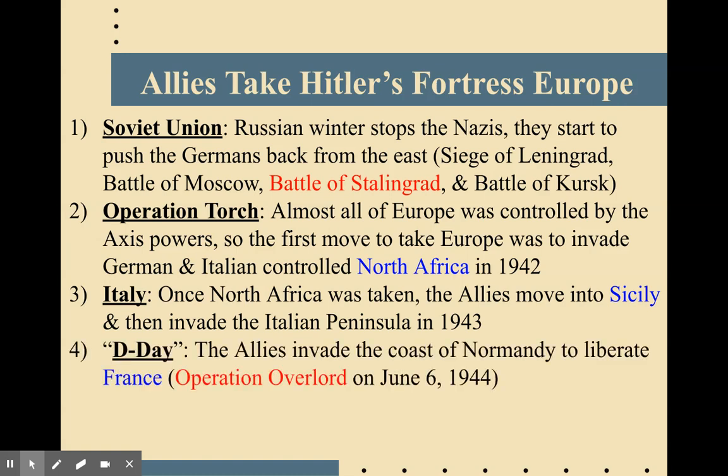Okay. Probably the most famous part of the war in Europe is D-Day. This is where the Allies invade the coast of Normandy to liberate France. It's referred to as Operation Overlord. On June 6th, 1944. There were 5 beaches. Maybe I'll pause and I'll show you a map and talk about the different beaches and maybe explain a little